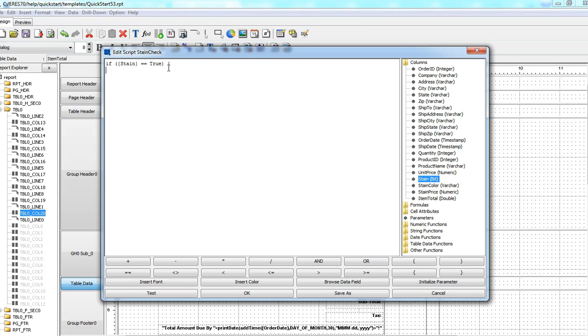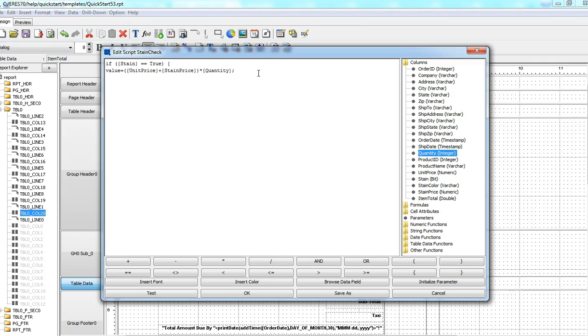then I will change the value or set the value of the cell to a formula that looks like this: unit price plus stain price, and just put a plus sign in between. Unit price, plus stain price. I need to close the parentheses here, and then add times quantity, times the quantity, which is this field right here,